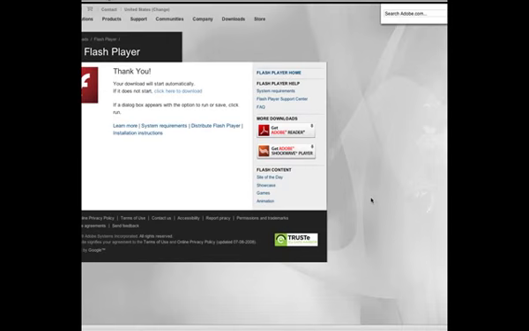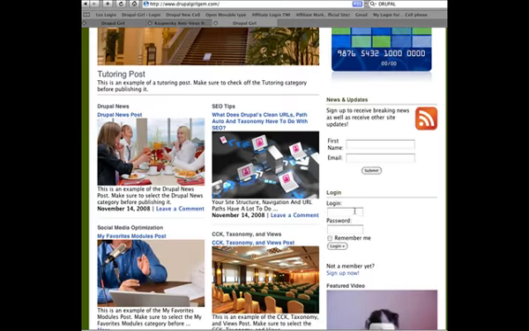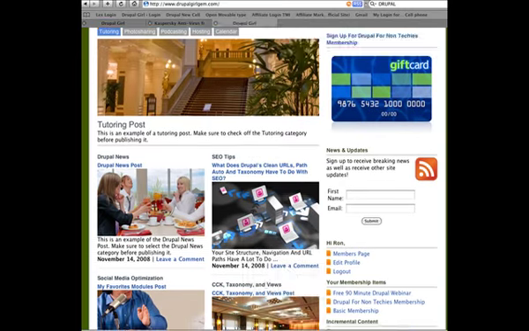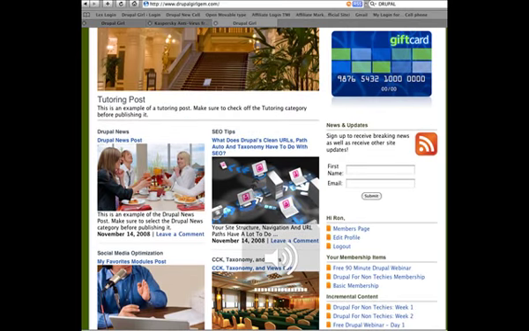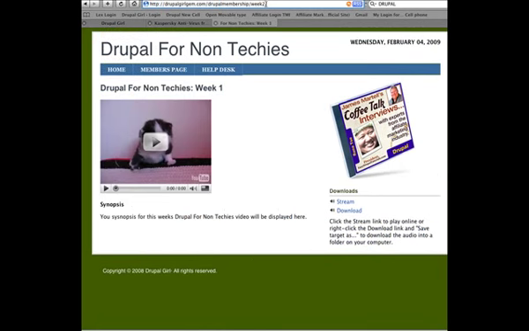Now that you've downloaded the Adobe Flash Player, you can just go directly to the Drupal Girl Gem website and simply log in, and then scroll down and go to the Drupal for Non-Techies Week 2. You can go to any week that you want, but for this example I'm going to skip ahead to week 4,